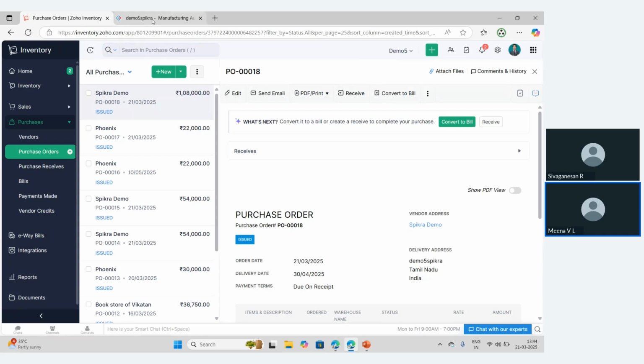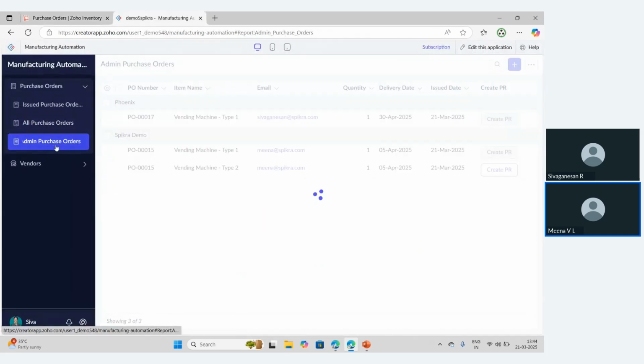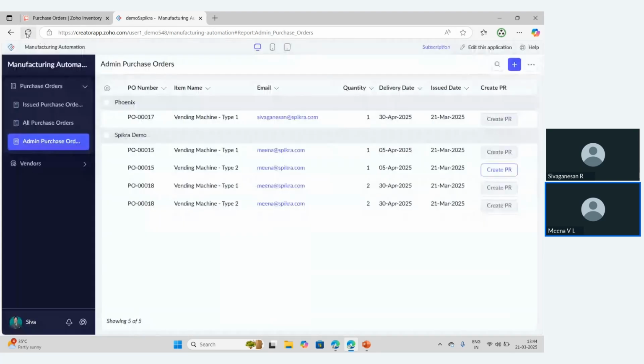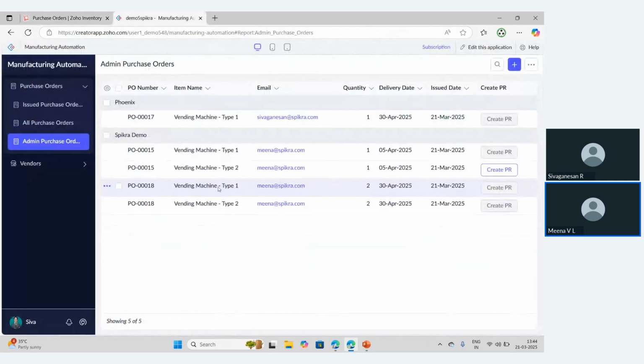Once that is done, there is a module called purchase orders, right? Here there is a separate report called admin purchase orders. Let me quickly refresh this. If you could see for the Spicra demo, the purchase order that we have built is PO 00018, right? Can you see for the two items that we added in PO 18, we have two separate records, because it need not be the same status for all the records in the same purchase order, right?